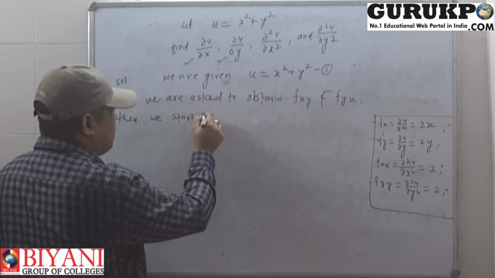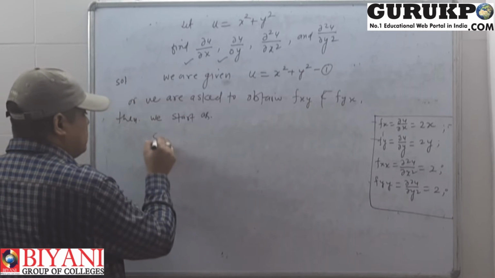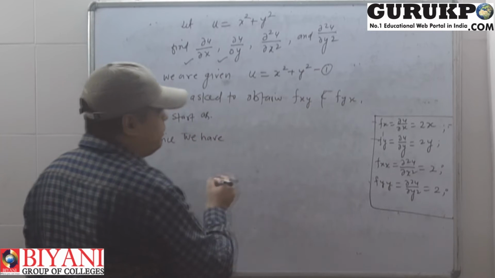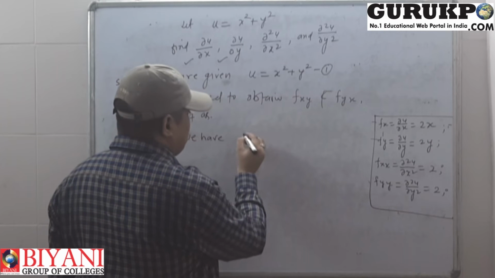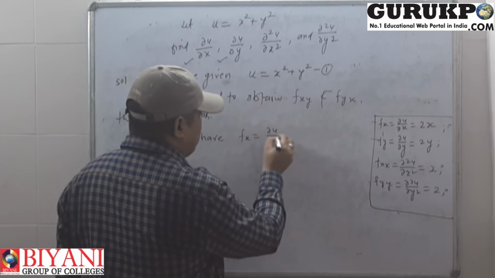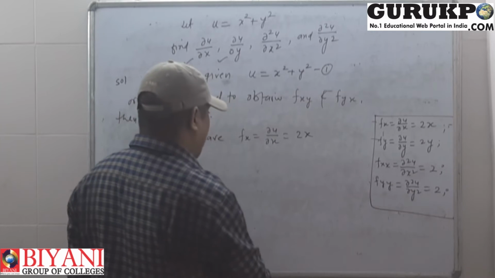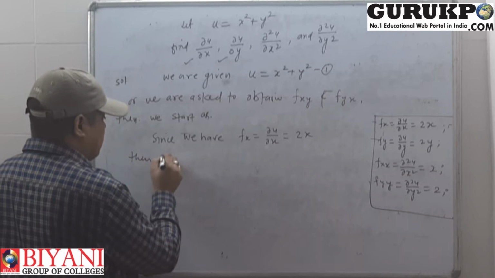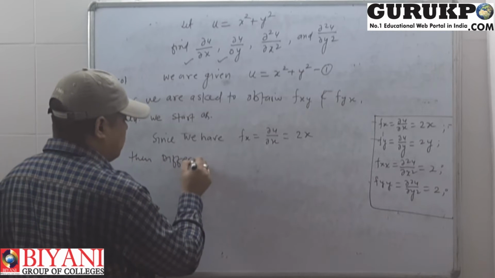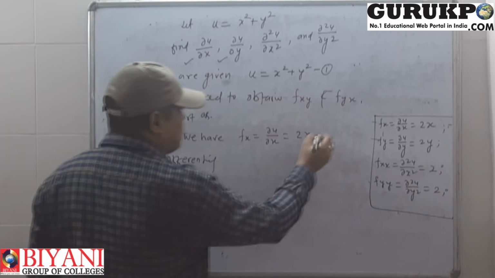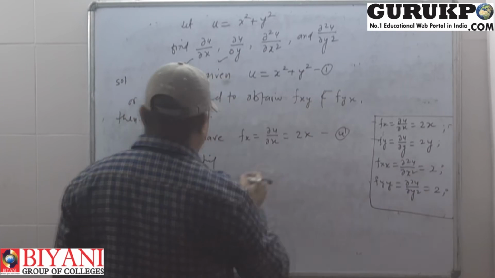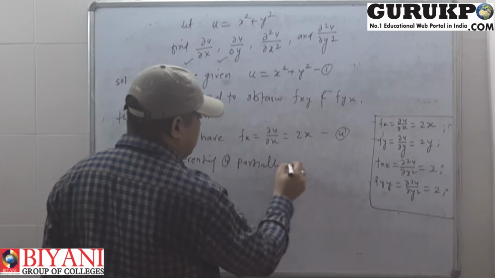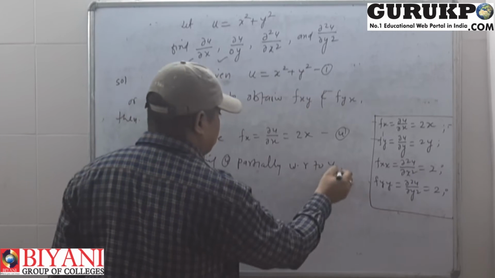Then we start, since we have f of x, del u by del x, is equal to 2x. Differentiating this, we can give this number 4. Differentiating 4 partially with respect to y, we get